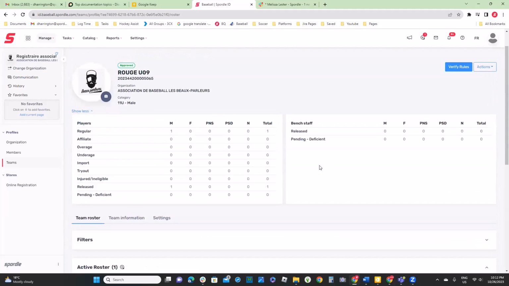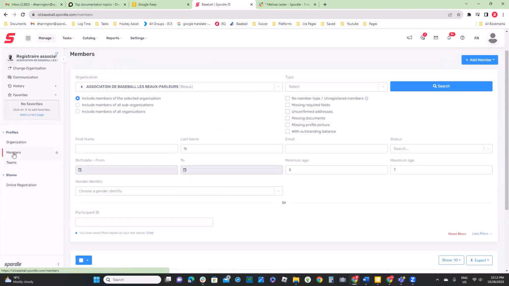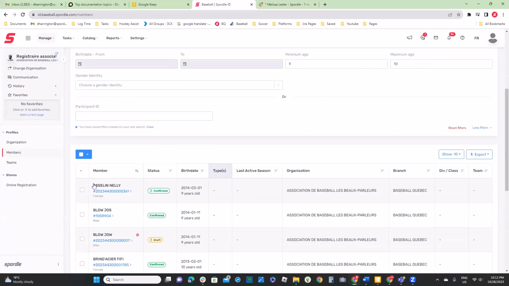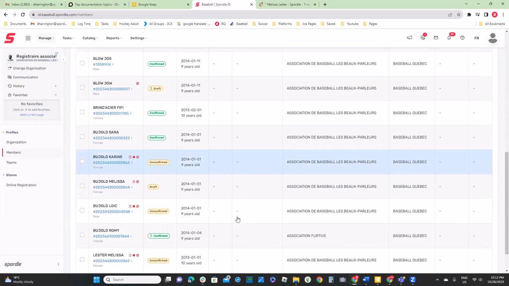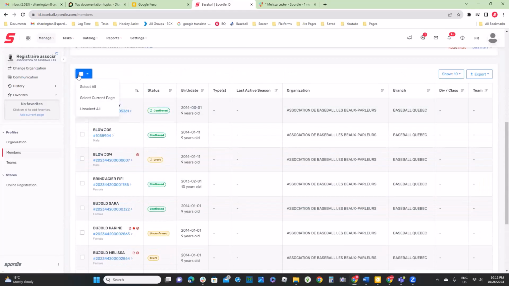The other way you can use the communication tool is from the member search itself. Let's say I have my U11 team and I have a couple extra spots I want to fill. I'm going to do a search. I might do a filter search for 9 and 10-year-olds that have played, or I have a profile for them in my system. So I have a few here. I'm going to select them